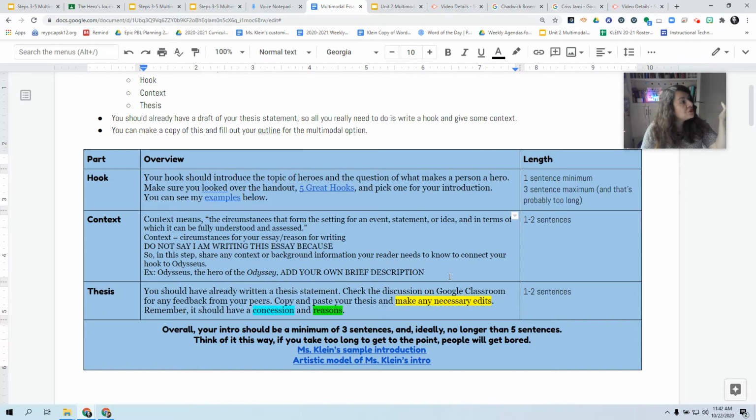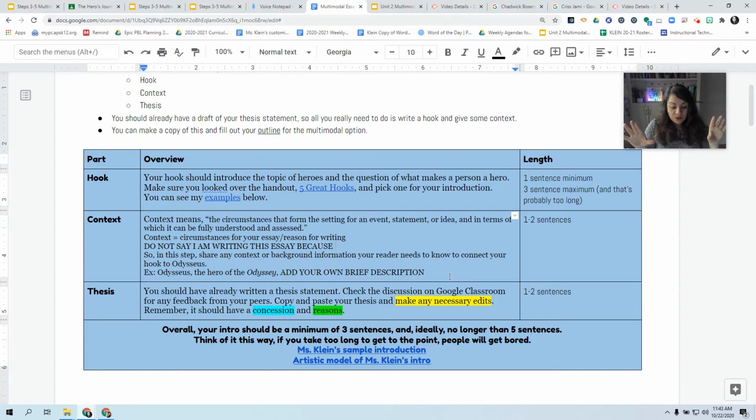Imagine you're walking down the street and you hear someone crying for help. What would you do? Odysseus, the hero of the Odyssey, the ancient Greek epic, often made selfish decisions and put himself over others. So if he heard someone crying for help, he would at first just think about his own needs and desires. Now I can give my thesis saying Odysseus is not a hero, and it makes sense because I set up a situation where a person might have a choice to be a hero.